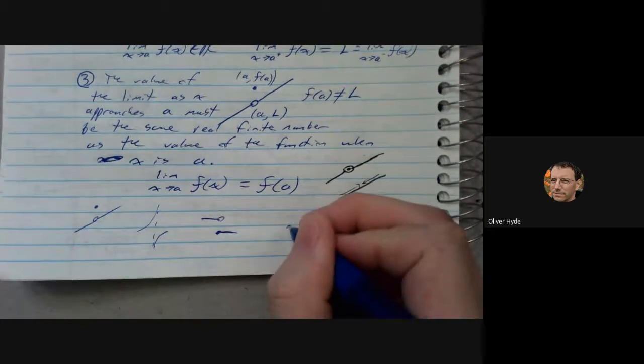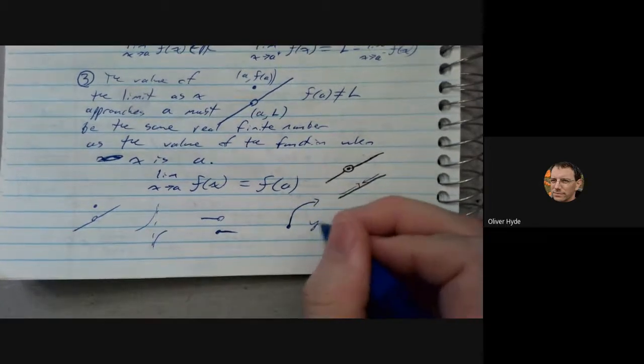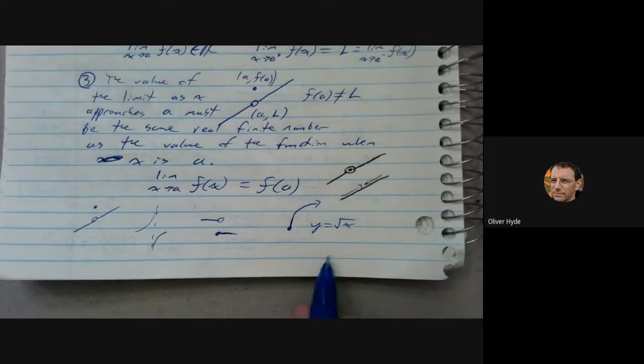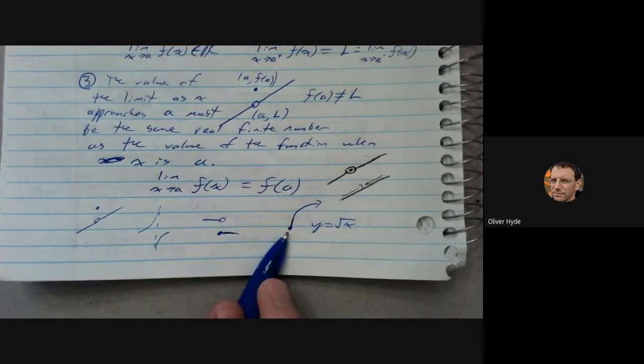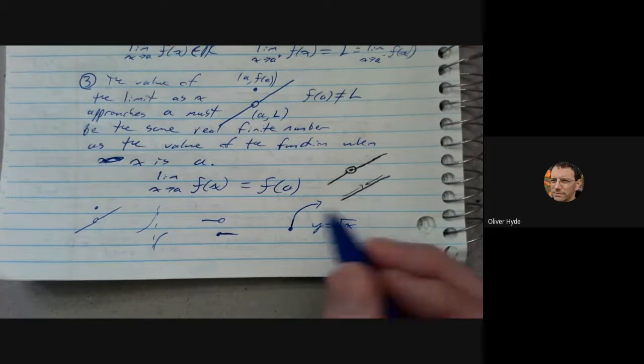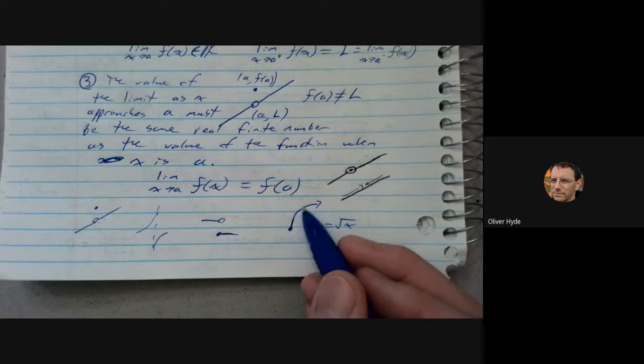But if we check our definitions carefully and fully, then we'll understand that even a function like y equals the square root of x, the limit as x approaches 0 doesn't exist because the behavior from the left doesn't exist. Even though the function exists when x is equal to 0, even though the behavior from the right converges on the output of 0,